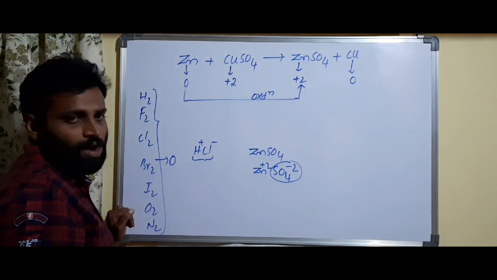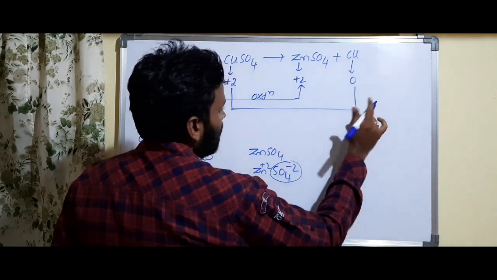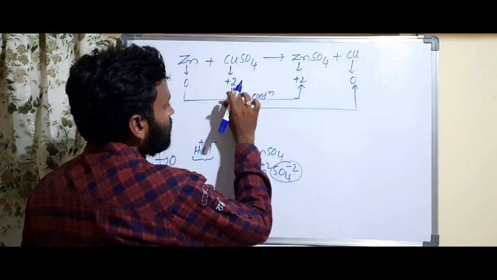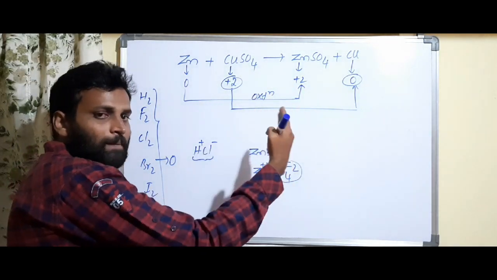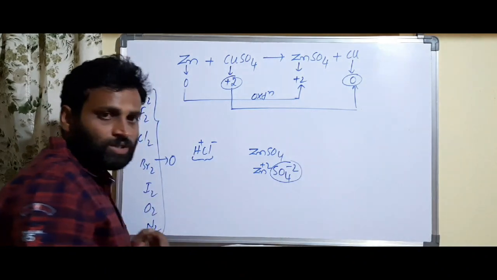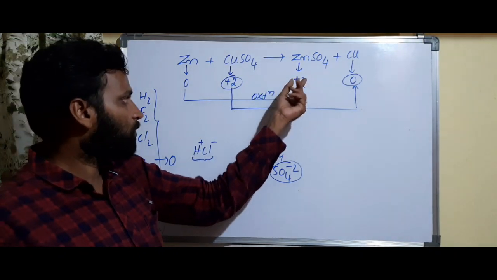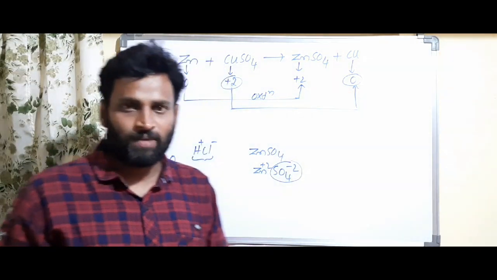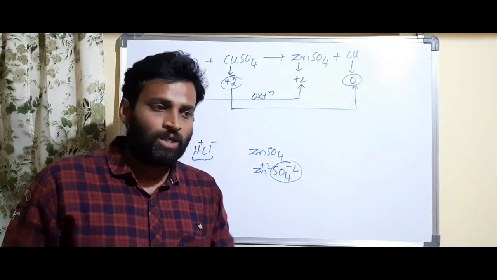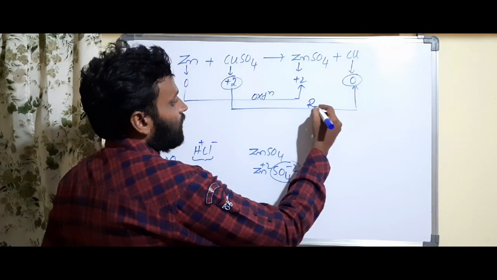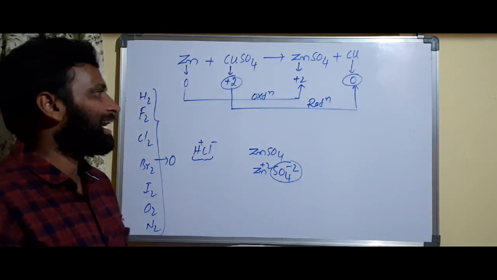That is called oxidation. Here copper converts from +2 to 0. So oxidation state became +2 to 0. Oxidation state changed from +2 to 0. So oxidation state, what happened? Charge, what happened? Decreased. This positive charge I am calling the oxidation state. The charge, what happened? +2 becomes 0, means what happened? Oxidation state reduced. Charge reduced. So this is called reduction.